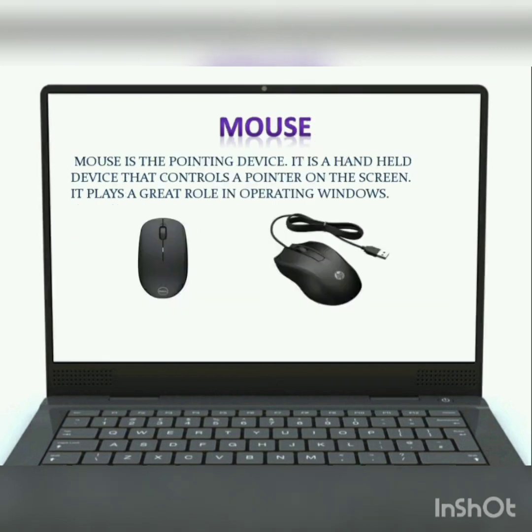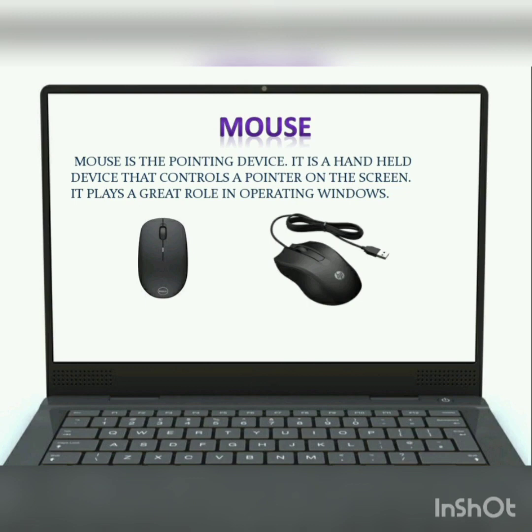Next, we will discuss what is a mouse. Kids, this mouse doesn't bite. Okay, remember, this mouse doesn't bite. Now, mouse is a pointing device that is handheld, which controls the pointer on the screen. You can see when you work on a computer, the cursor moves through a mouse. It plays a great role in operating Windows. Kids, you are able to see there are two mouse on your screen.